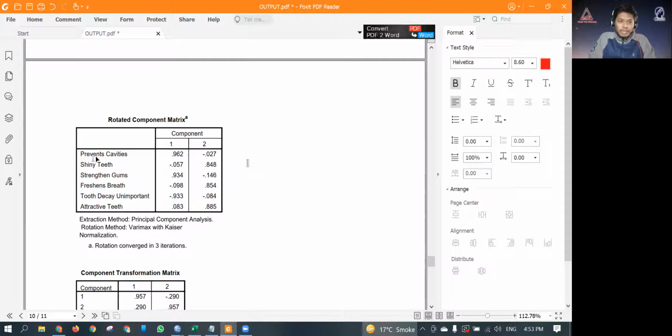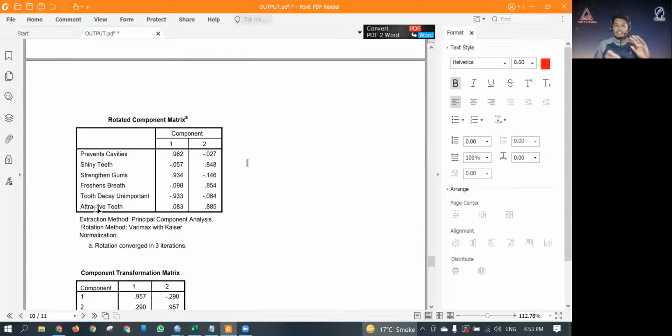So preventing cavities and strengthening gums is one component, and shiny teeth, freshness of breath, and attractive teeth is the second component. What it says is that shiny teeth, freshness, breath, and attractive teeth are all physical features that the person might like. So that is one component that someone evaluates when they go to buy a toothpaste.